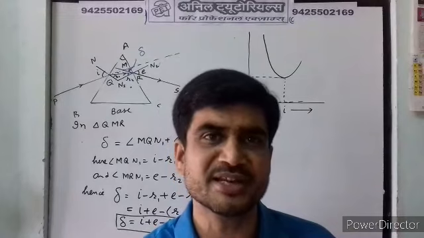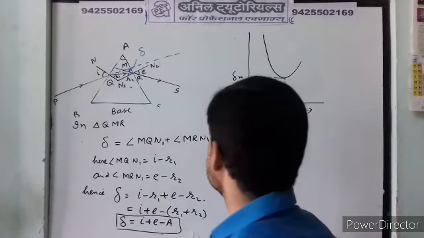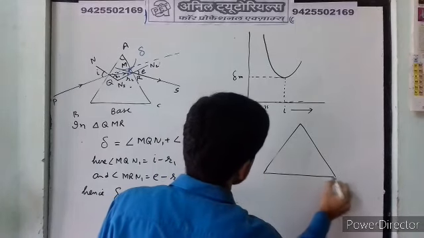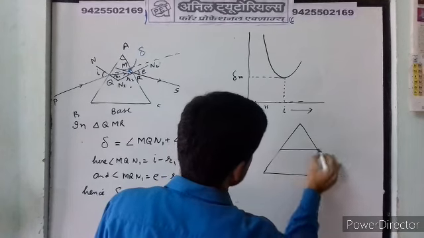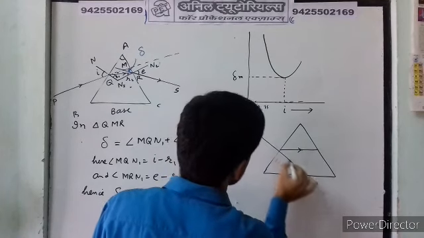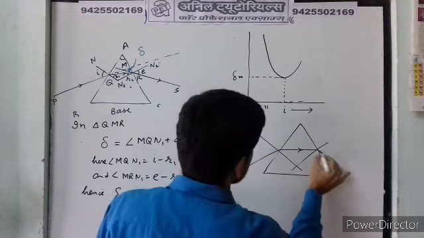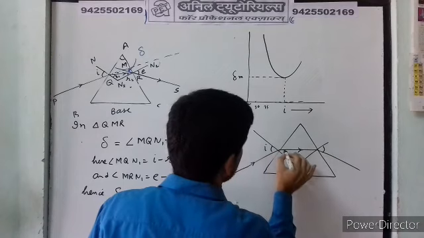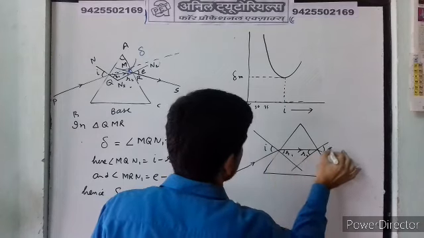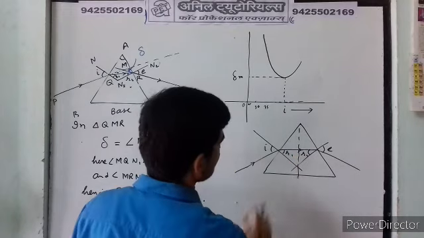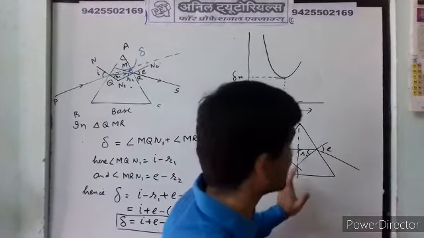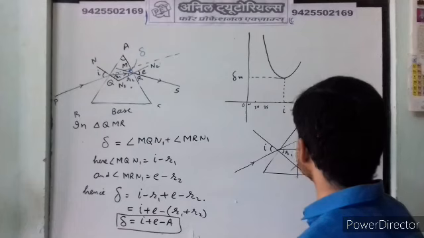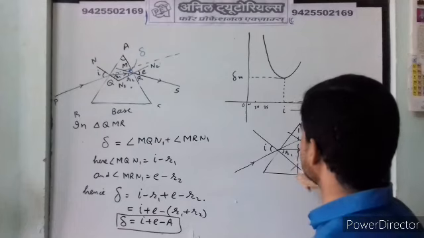So at minimum angle of deviation, what you observe here, one thing: when you have a minimum angle of deviation, then it is very easy. See, this is one of the symmetrical diagrams. Not always, it happens only at minimum angle of deviation. So when there is a minimum angle of deviation taking place here, in that case it happens.